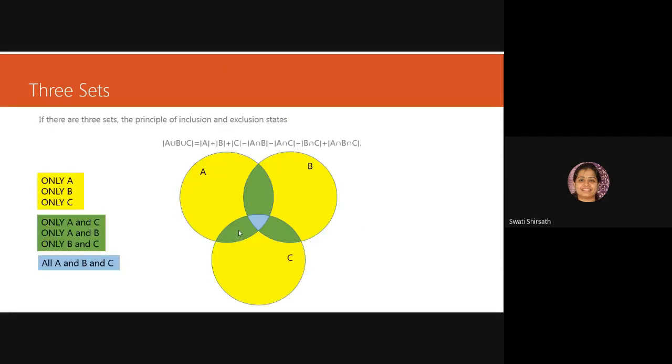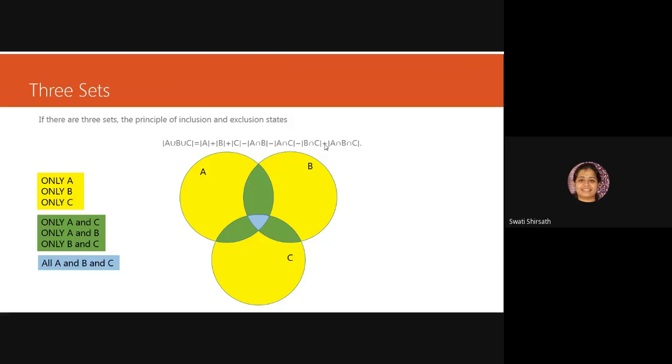Then for three sets, we have to use this formula. The cardinality of the three sets, then we have to deduct the cardinality of the combinations of two sets, and then add the cardinality of the intersection of all three sets. Why? Because you have deducted it above, but there are some common elements in all three sets which you have to consider, because they are neither counted in A, B, and C, nor are they counted here. So we have to count them.